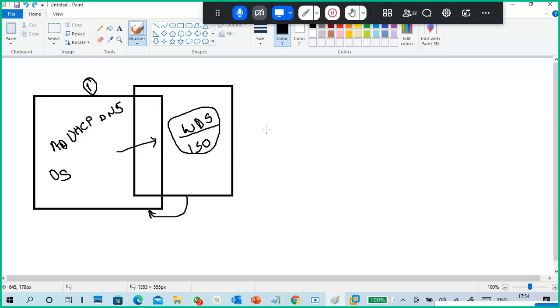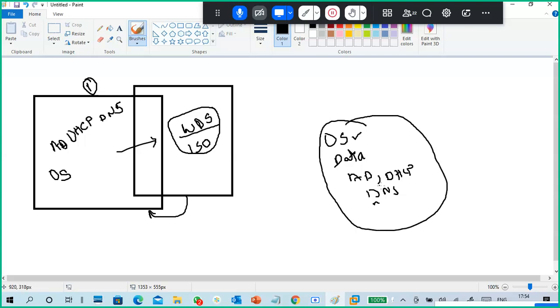So leave that aside. The question is, in the first condition, you install an operating system and put some data, you make some changes and settings, you install Active Directory and some roles like DHCP, you configure DHCP, you configure DNS, and some files are also there, right? And where is all this stored? Where is all this data stored? The operating system is also data, right? It is nothing but